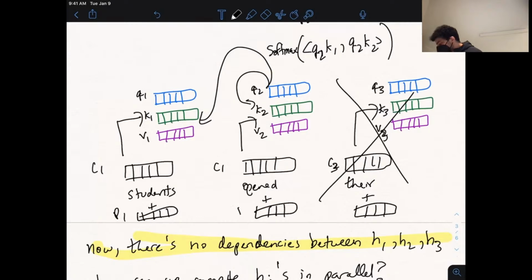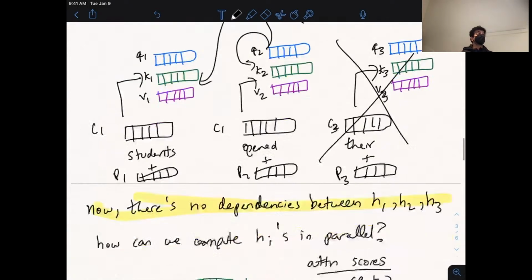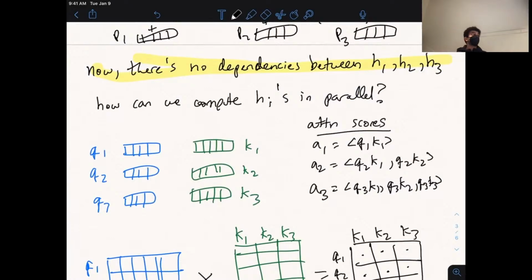So this could be P1, P2, P3, where these depend on what position of the sequence you're at. So why would we want to do this? Because otherwise, we have no idea about the order of the words, right? None of the computations that we talked about so far have anything to do with the order of the words